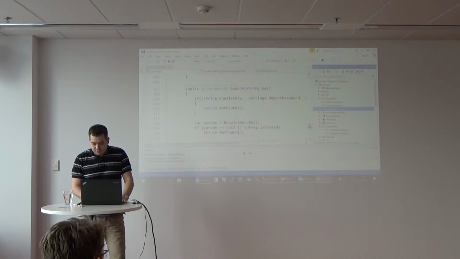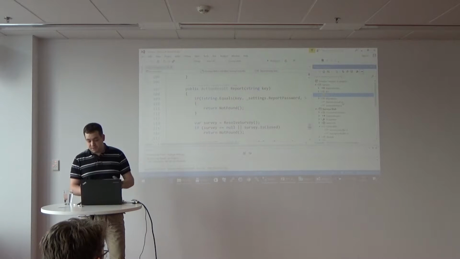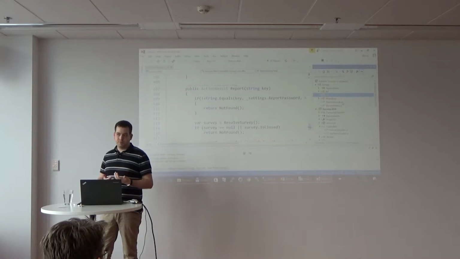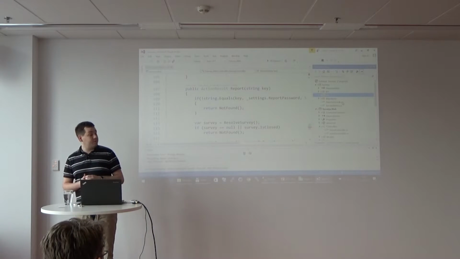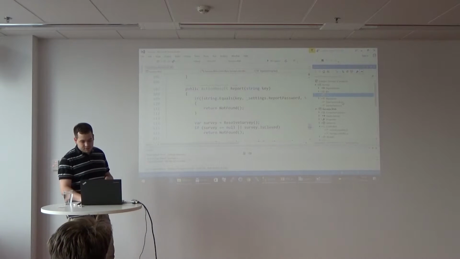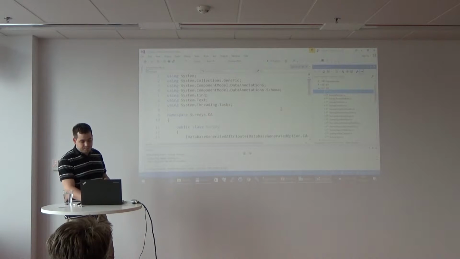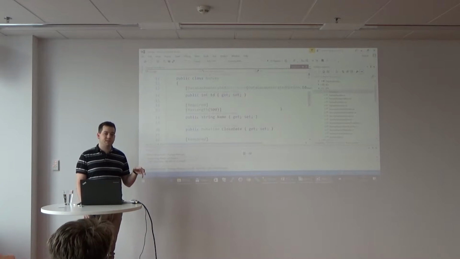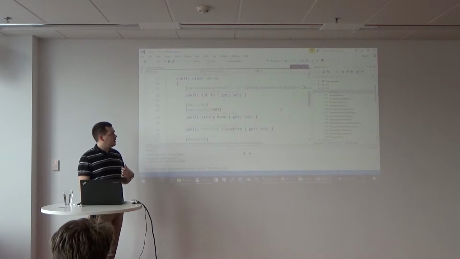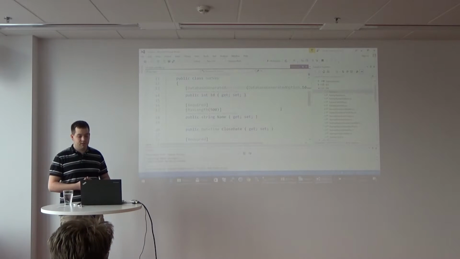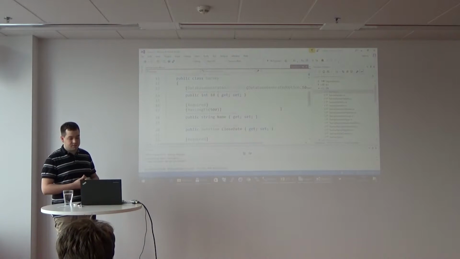Okay, if I start with this surveys project, there is nothing interesting. I used Entity Framework Core 1.1 or 1.0, I don't remember right now, it doesn't matter. And I used some migration. So what I did was prepare some kind of DTO objects, and then from these DTO objects I created the database, and I didn't need to use Management Studio to create columns, tables, relations, and things like that.